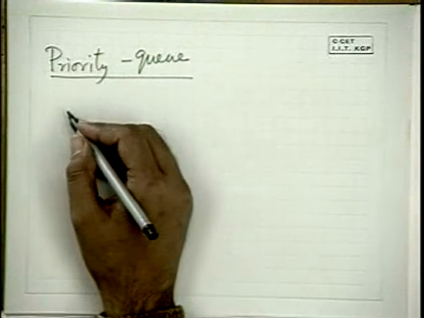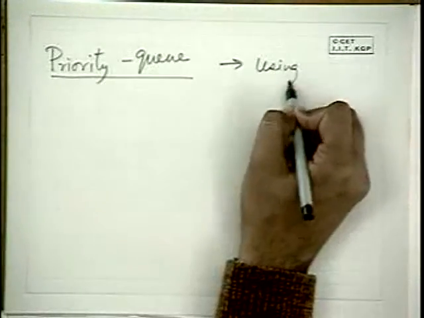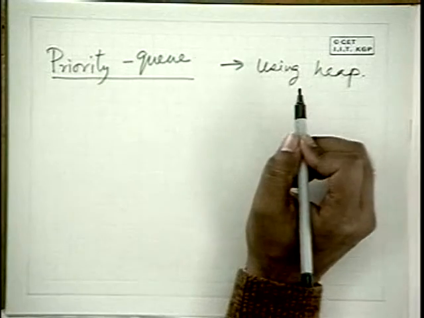Alright. Now I just mentioned this heap can be used as a priority queue, because what is a priority queue? Basically, a priority queue should allow you to extract the minimum. Elements have priority with them, and you want to extract the element with the maximum or minimum priority all the time. You want to go on doing it, and that you can do very easily using heap. I don't have to explain why, because heap always has the maximum element at the top. You just take that element and do it. Okay? Done, right?